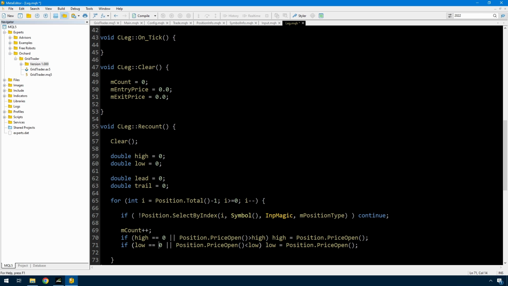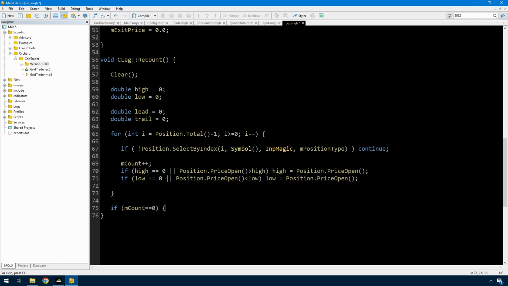So at the end of this loop, I've got a count of the number of positions for this leg, and I have the high price and the low price of the trades. I don't want that to be equals, I want that to be greater than. So if I've actually found some trades,